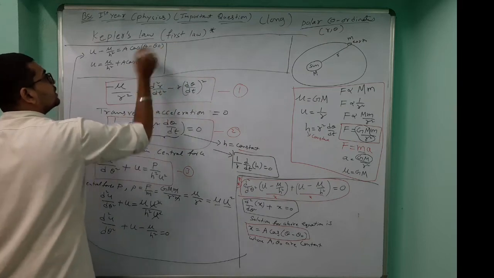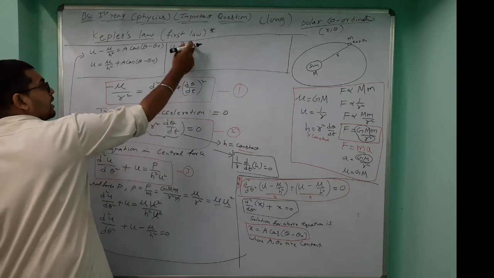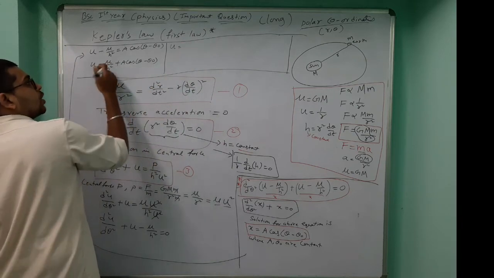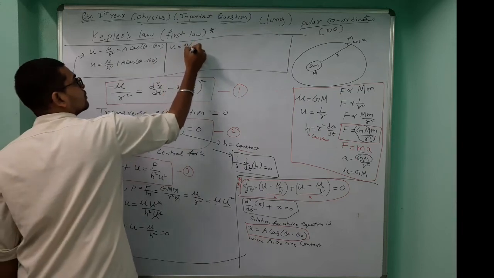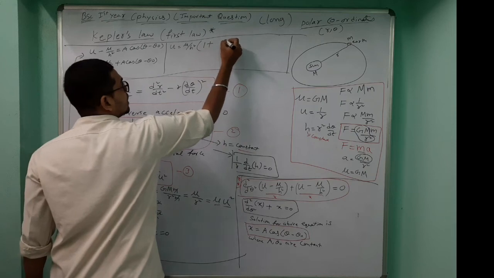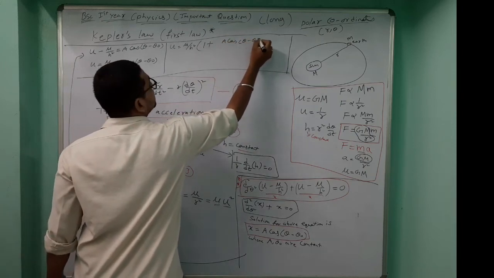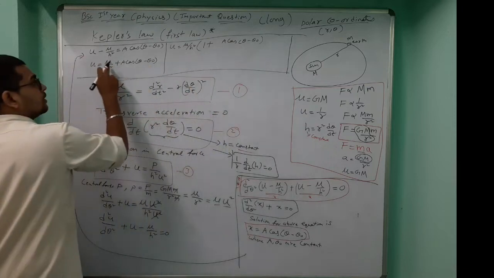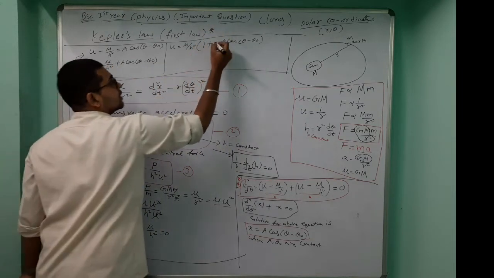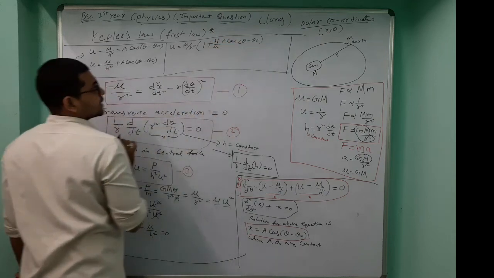Okay, then this step I'll write like this. See, be careful what I am doing here. From here to here I am taking this as common. Okay, then it will become 1 plus something a cos theta naught by this one, mu by h square by coming. So I am reversing that one. So I can write like this. Okay, so this is correct.